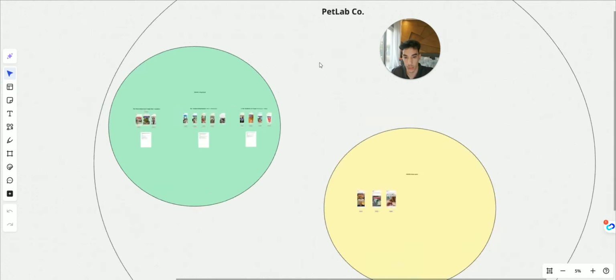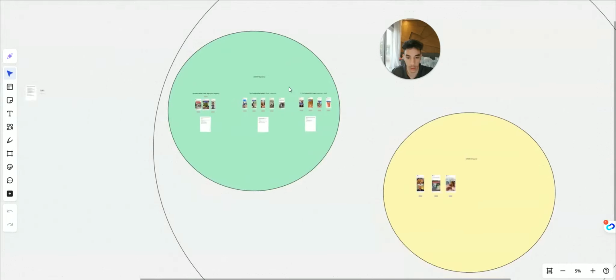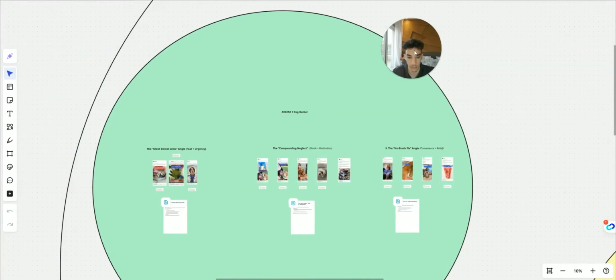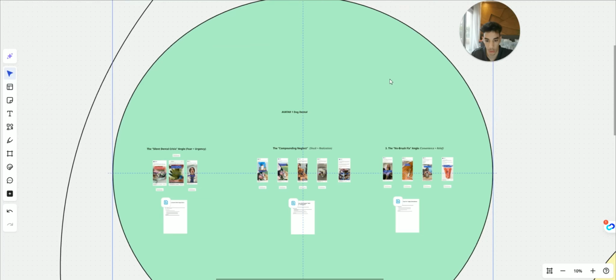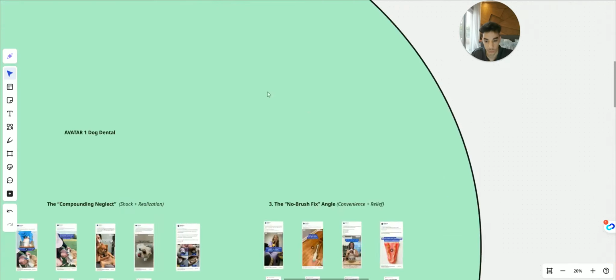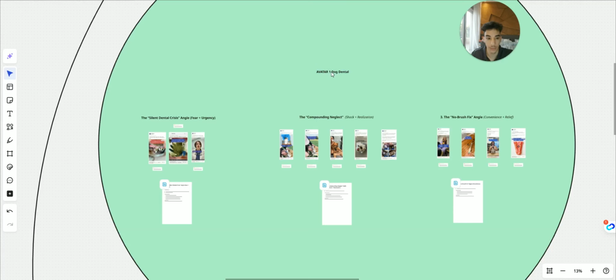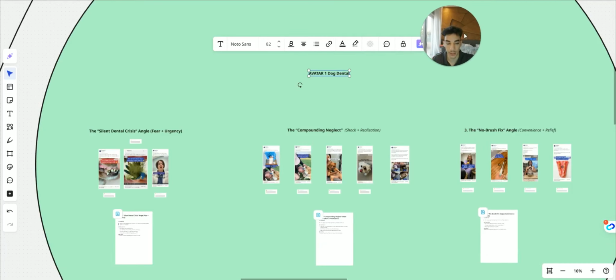So yeah, let me show you examples. For this PetLab, I showed 2 avatars. The first avatar they have, let me make this, okay, like this. The first avatar they have is for parents whose dogs have issues with their